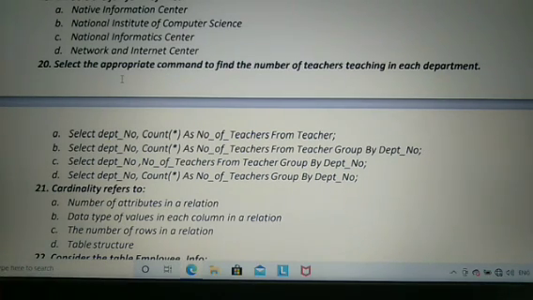So you have to go through all these four options for each question. Again I am repeating the same thing, that for the purpose of minimizing the time duration, I am simply telling you the right option. You have to read all the options on the screen. All the options are visible.